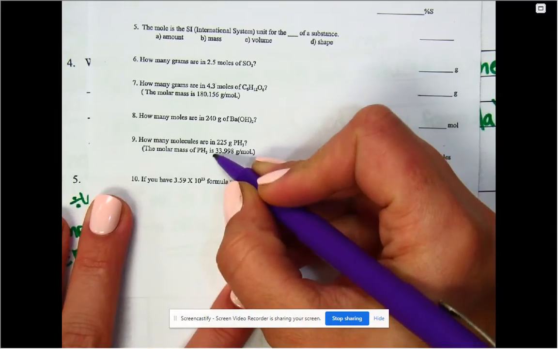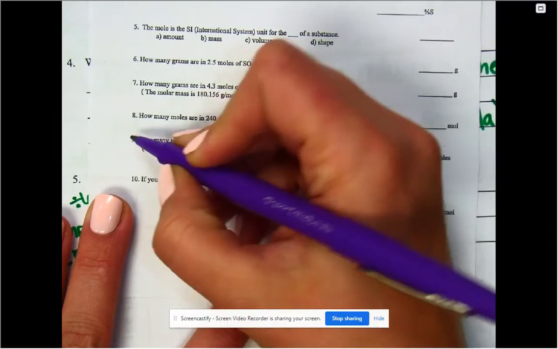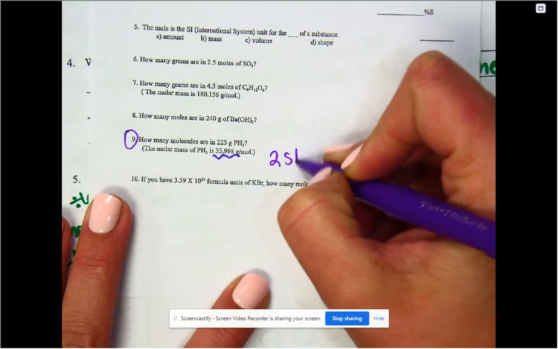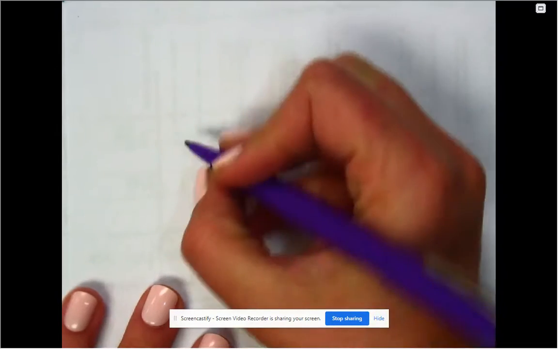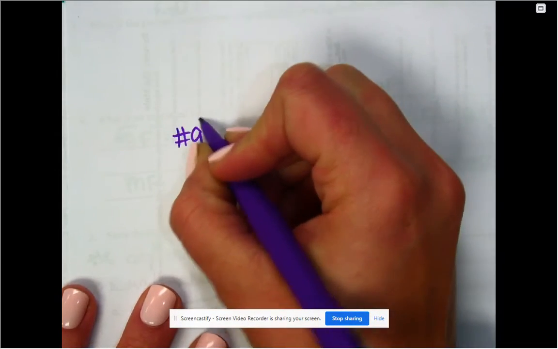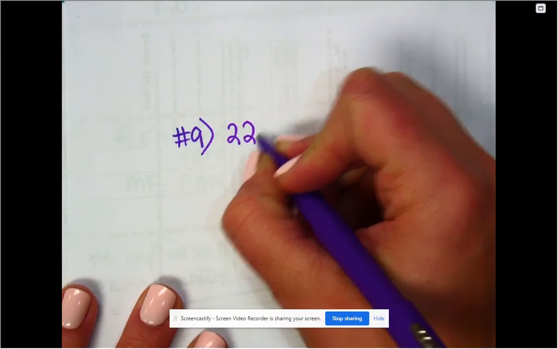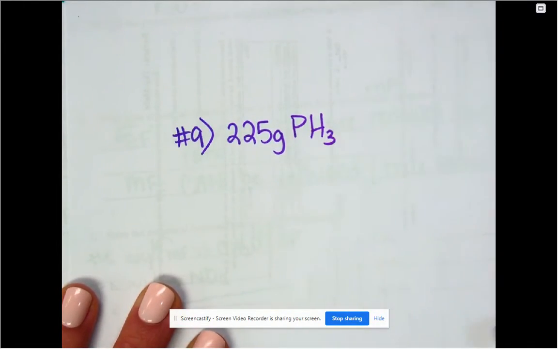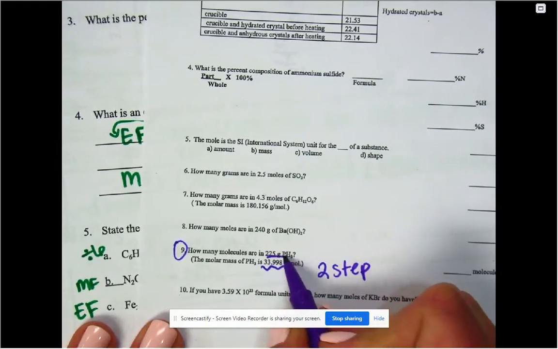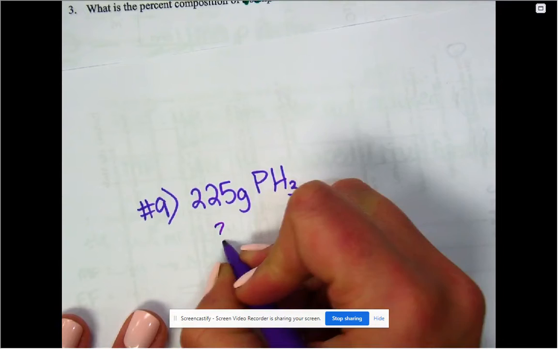Hydrate, and we gave you the molar mass right here. So this is one of the examples of this being a two-step problem. I'm going to flip this page over so that we can see it on the back. So we have 225 grams of this phosphorus trihydride. We are trying to solve for molecules. Okay, so we're trying to go from this to